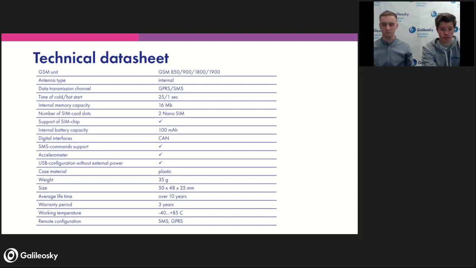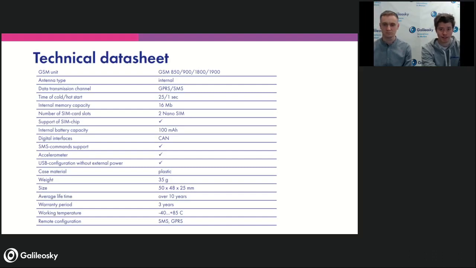Our tracker supports the CAN digital interface, which is logical since its name is OBD-II. Its main functionality is, of course, connecting to the CAN bus using the OBD input and using such tools as CAN scanner and EasyLogic to work with data found in the CAN bus and transmitting this data to the server. It's typical functionality, the same as with our trackers,